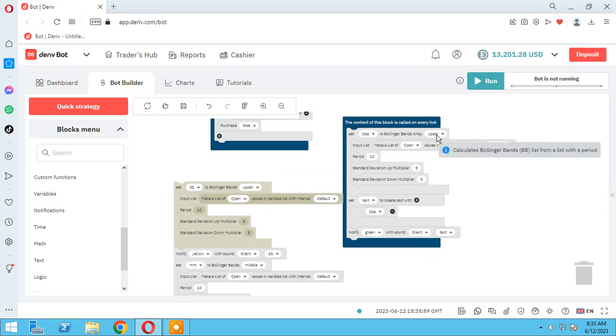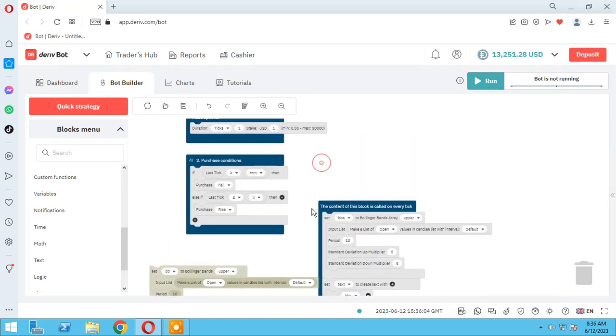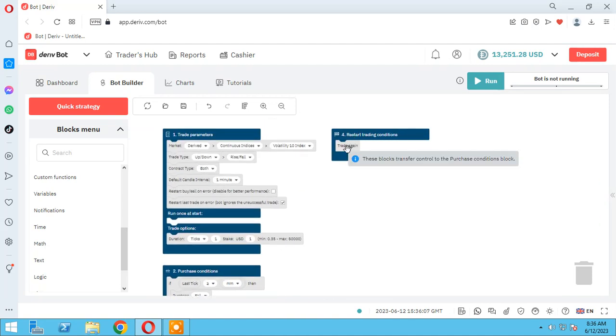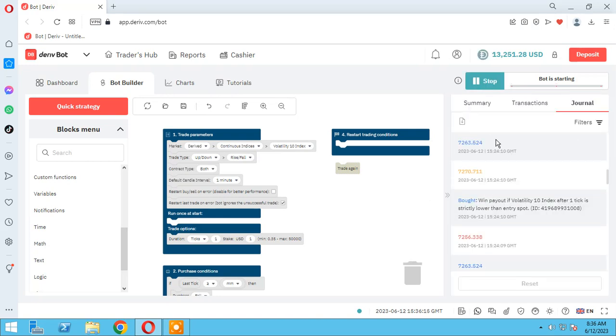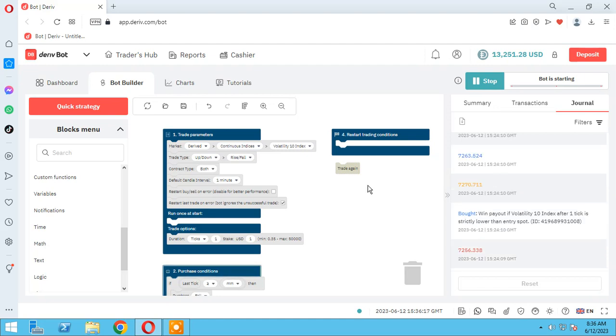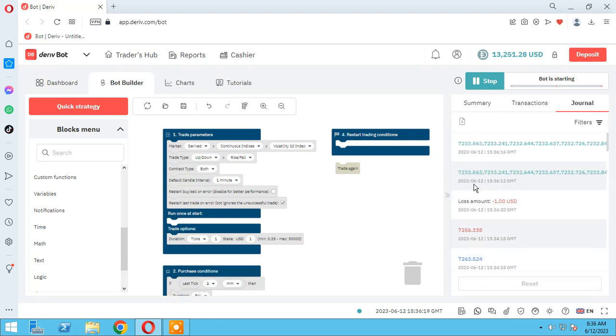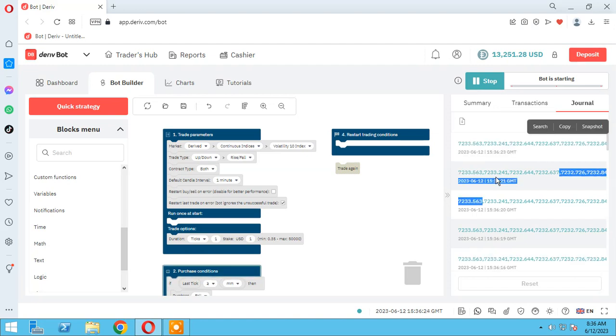Set the BBA with upper and the list. Let's check it, but I need to scroll up. As you see here, we have the array of upper Bollinger Bands